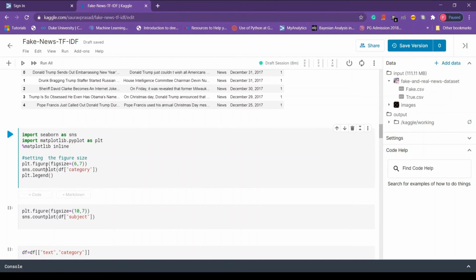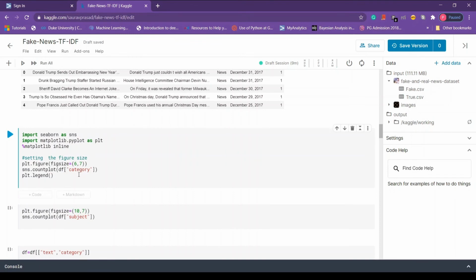So now let's plot the category column first. In order to do that, we call the matplotlib figure method and pass the argument figsize. Basically this line of code is setting the size for our plot. Next, calling the Seaborn countplot method to create a count plot. Since we want our category column to be plotted, passing our category column as an argument.